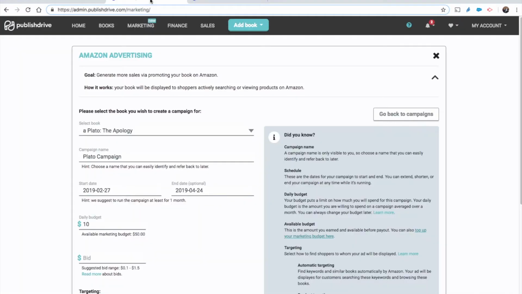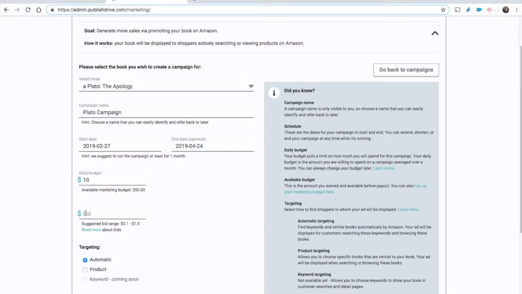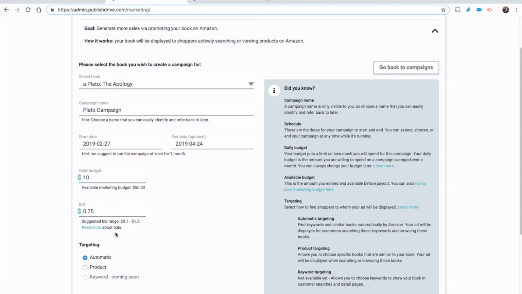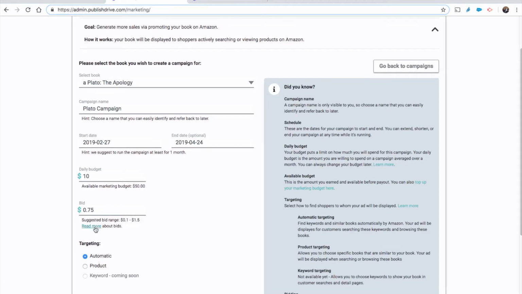Pretty cool. So back to the page, the next thing I need to do is enter a bid amount. Now I'm just entering 75 cents here. You need to do what works for you. But bid amount is basically how much you're willing to pay each time somebody clicks on your ad. Okay? So there's a strategy behind this. So I encourage you to click here and read more about it to figure out what works best for your